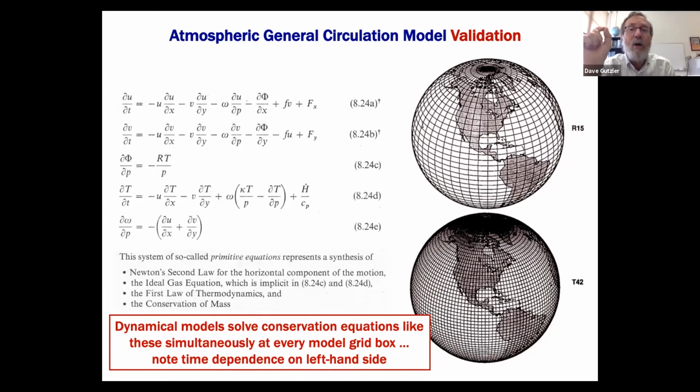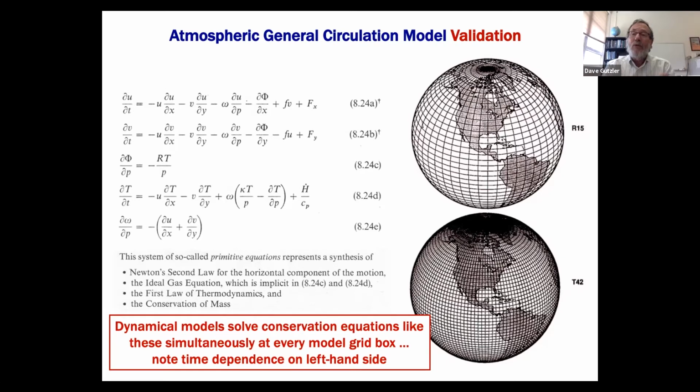But we need to use data in two ways. One is that some of those terms we can't really deduce properly without just sort of tuning the model to simulate reality. Like those capital F's in the upper right-hand corner, that's friction, that's changing the winds. And the only way to simulate friction on the scale of these boxes is by putting in a number that gives us the right answer. And we use data for that. All right, so the models are tuned a little bit. And that's number one. But then having done that, we only use one number for friction all around the world.